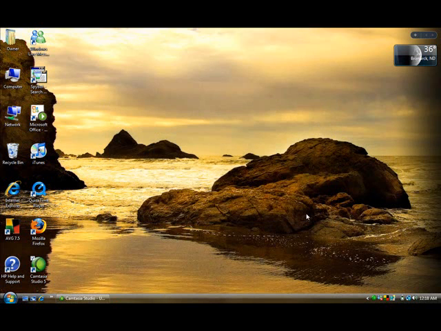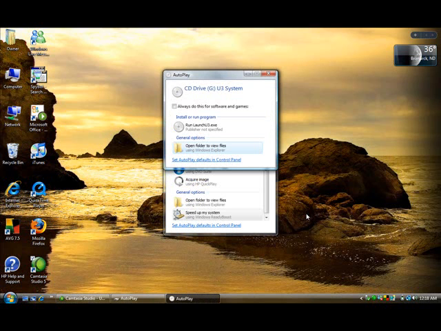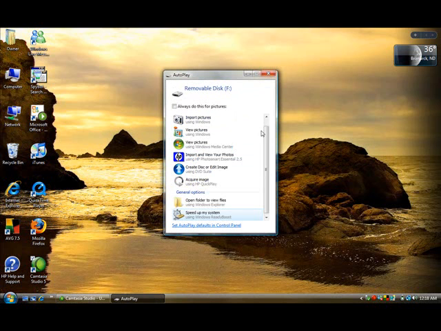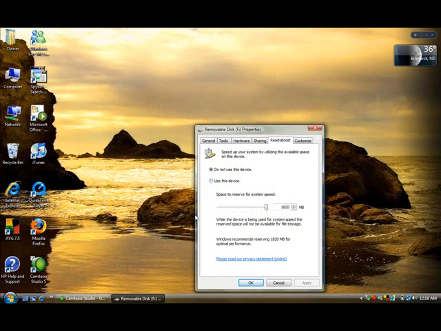And the fourth way, which is really nice to have, is the new ReadyBoost feature. What you do is you insert a flash drive into the port here. I just have a 2 gig SanDisk, which is funny. And then AutoPlay should pop up here in a couple seconds. And once it does, you want to click on Speed Up My System right down here, and you want to select Use This Device,